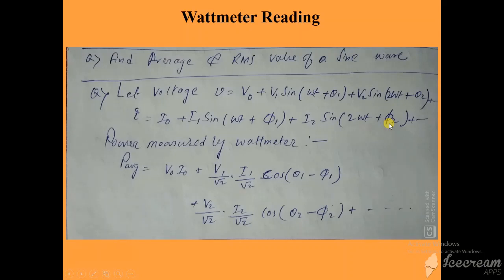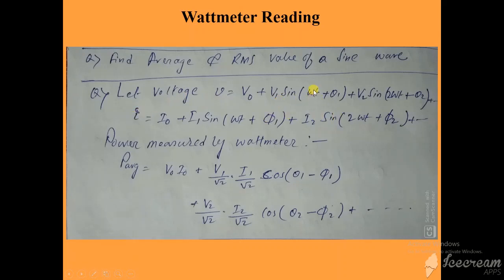So what we learned is that if a waveform of v is given like this, don't be afraid of any kind of waveform. See how I find the average power. You just go on finding the similar frequency terms. You find v0, omega t is 0, v0 means it is a dc, 0 frequency, since dc has an infinite time period. So let's find the 0 frequency term here. You take the product, this is one term you get. You are interested in power, so you multiply voltage with current, right?